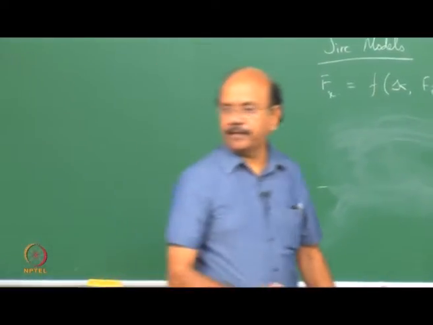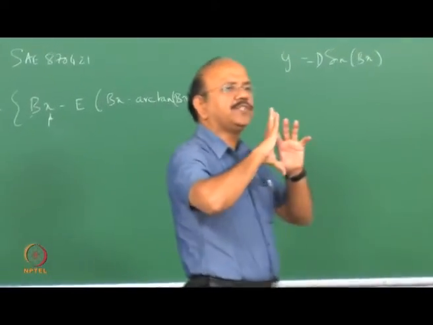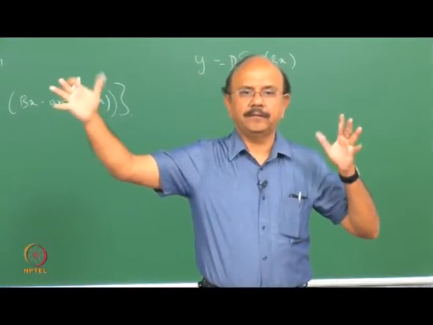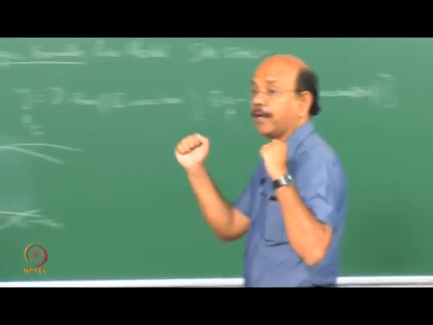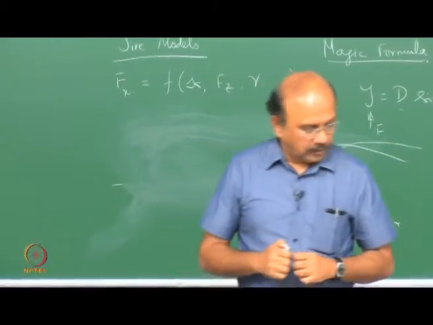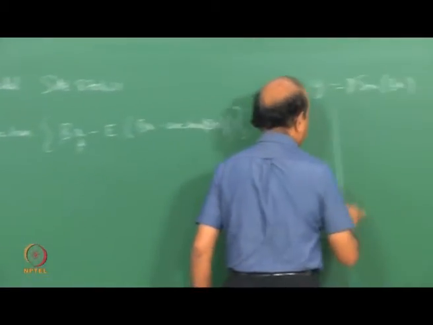Okay, right? So how do I adjust that? I want a function which is elongated in the x direction. So what is a function which is elongated? Arctan is a function which is elongated. Or in other words, if you now plot an arctan curve,